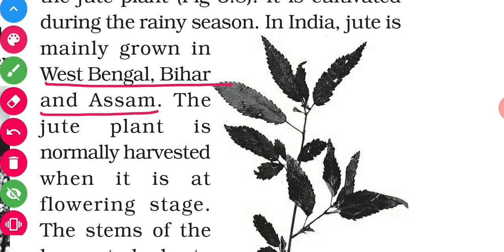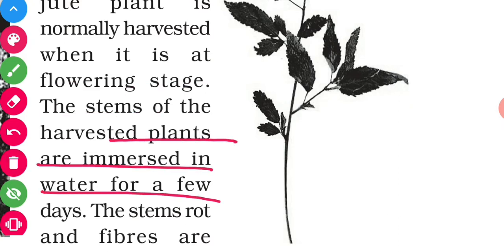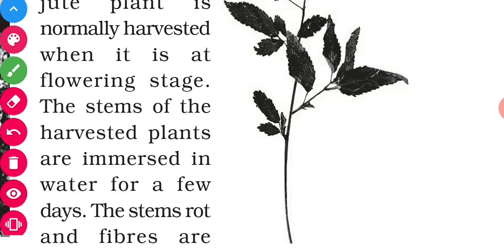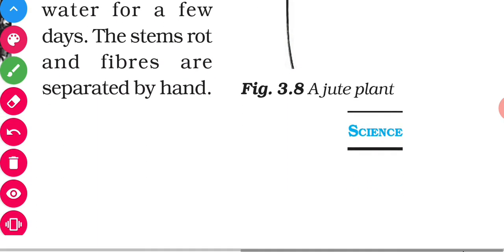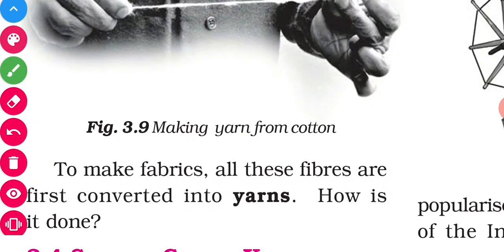And it is harvested during the rainy season. Now what happens when they are in the flowering stage? They are harvested, and to remove the fibers from them, they are immersed in water for a few days, and then they rot. And when they rot, the people used to remove the threads from them, and then